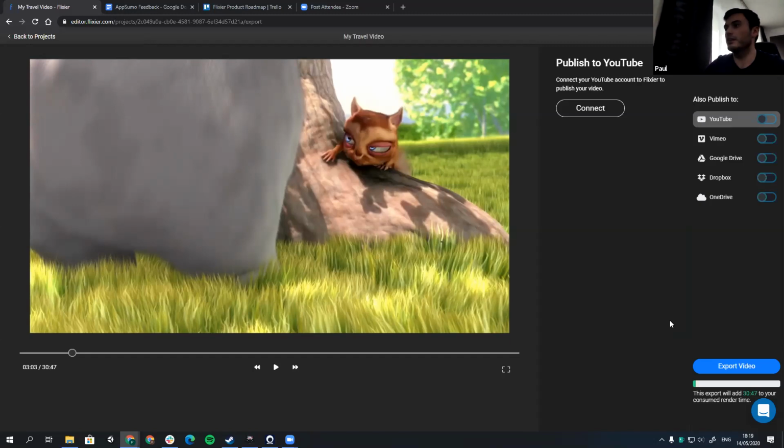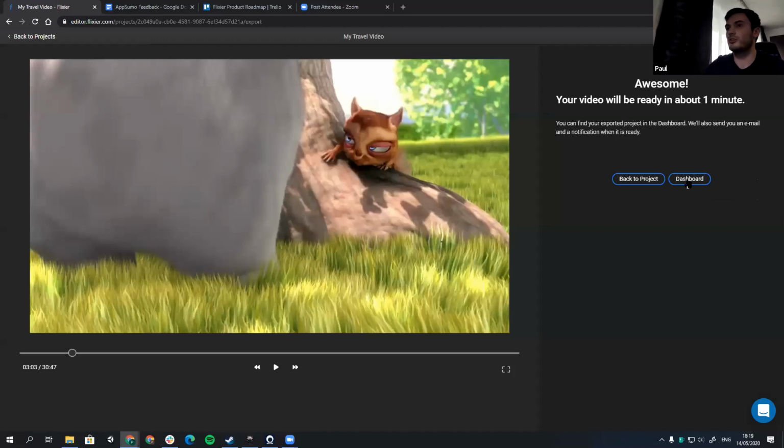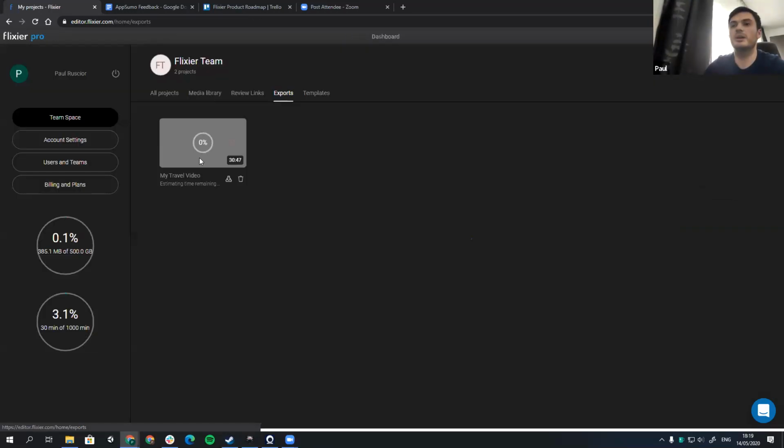So after I click export, I can go to my dashboard and I will see my video starting to process. And usually this takes a couple of minutes. So 3 minutes, 5 minutes, sometimes even less than that, but it depends a lot on what you have in your footage. And just to show you how this works and what we mean by cloud processing,